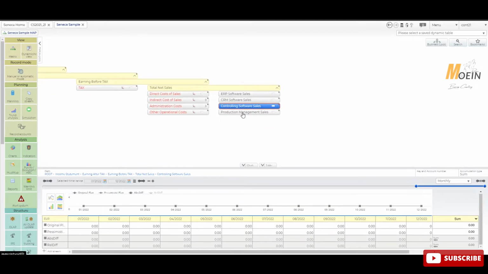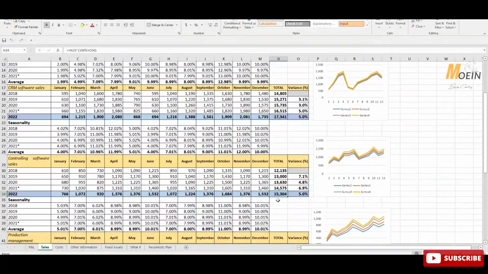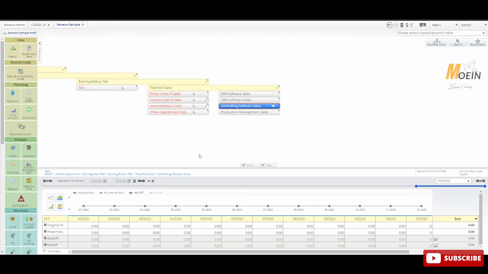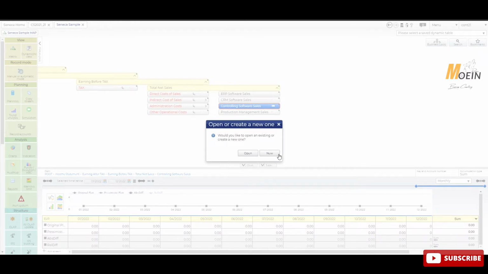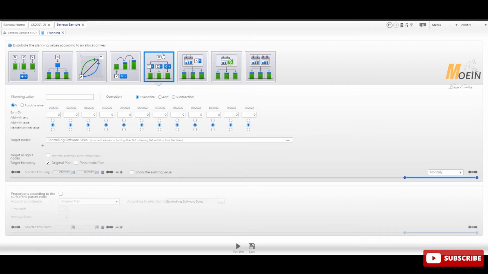For the controlling software, you have to come back. This is the controlling. The whole amount is 15,341.4, and distribution is 5, 7, 6, 9, 9, 10, 7, 8, 9, 11, 9, and 10. So let's go back and again planning. Okay, new, again choose the fifth one, which is distribution by the percentage. The controlling software is